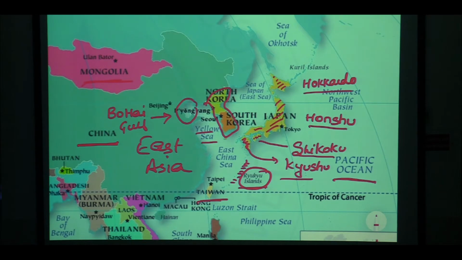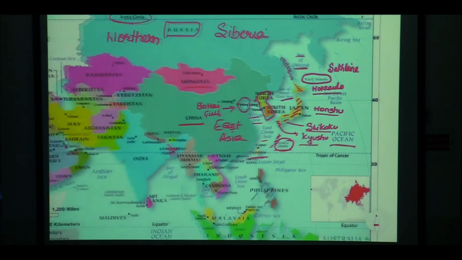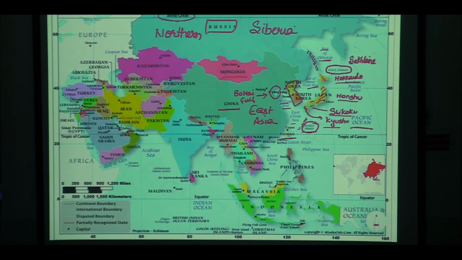So starting from the arc of Kuril Island, see carefully, this island is politically Russia, and this island is what is called Sakhalin. Sakhalin Island is in the Sea of Okhotsk. Sea of Okhotsk is demarcated from the Pacific Ocean by Kuril Island, and it is the Japanese island that demarcates the Sea of Japan and East China Sea. Northern Asia is comprised of Russia, East Asia, mainland and island.